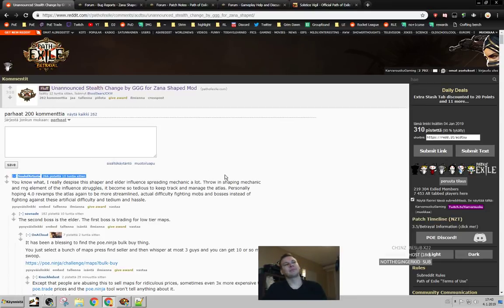Okay, so if you didn't already know, when you run a map at a different tier than it's in your atlas, it has no influence. Up until today, I believed that this was a bandaid fix to combat permanent elder influence and shaper farming, but well, here's a